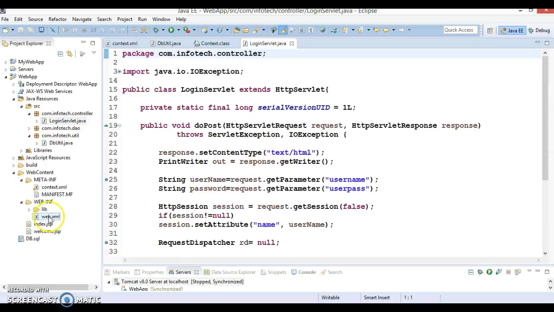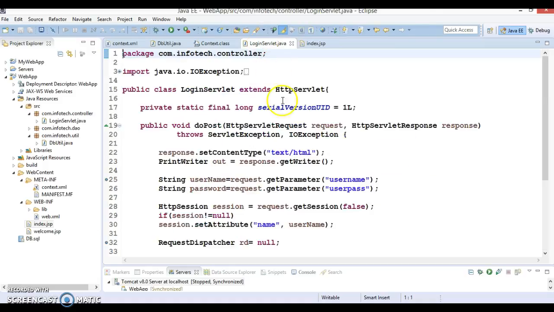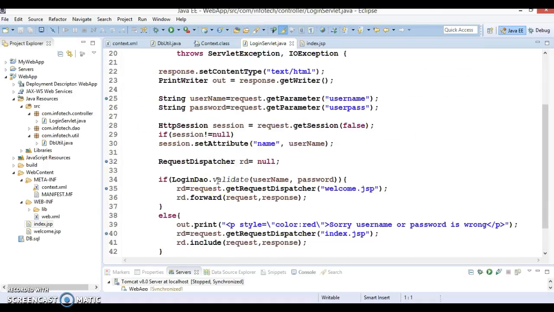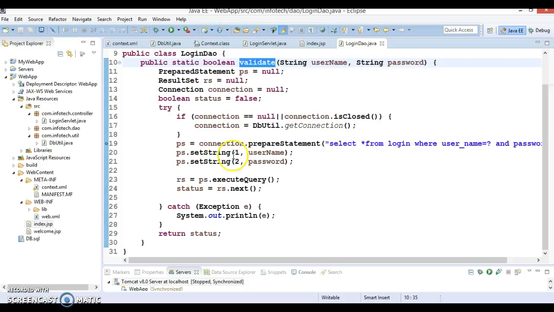So here when the user sends the request, when multiple users send requests from the login page, then the request will go to my servlet, and here my servlet is collecting the username and password, creating a session, and in the session I'm setting the username, and finally the servlet is calling the DAO layer to verify whether the user exists in the database or not. And here I'm checking if the connection is not null and connection is closed,